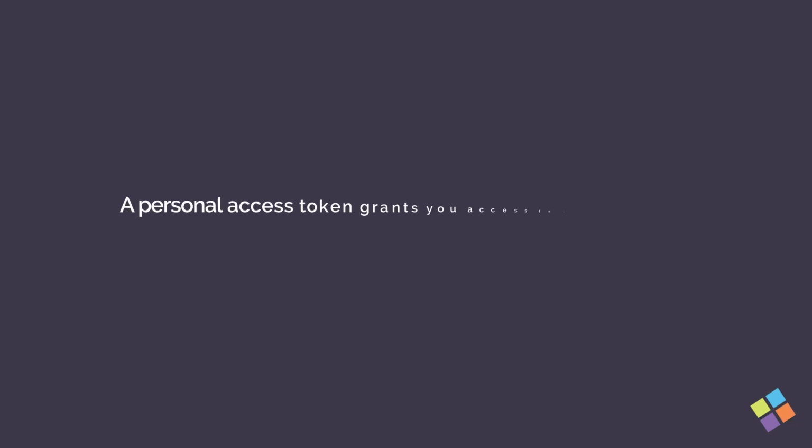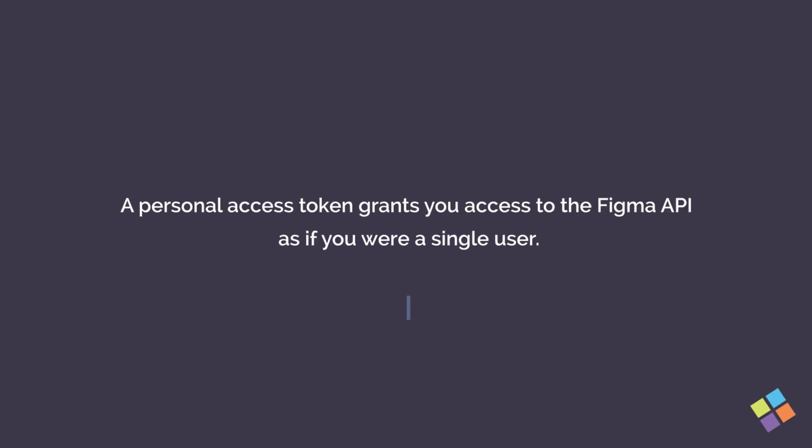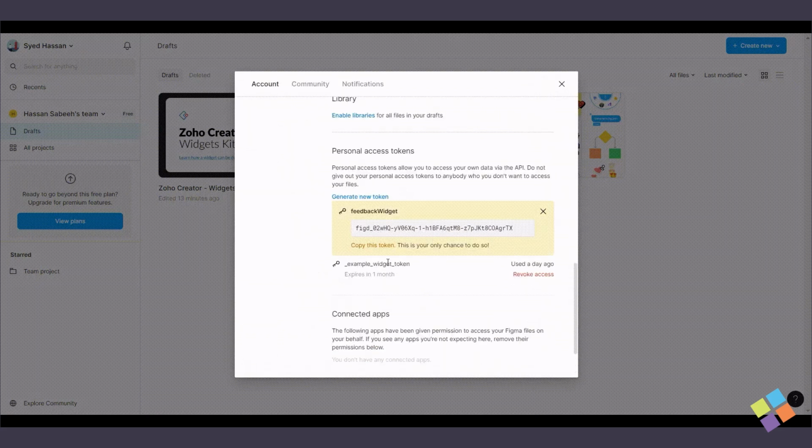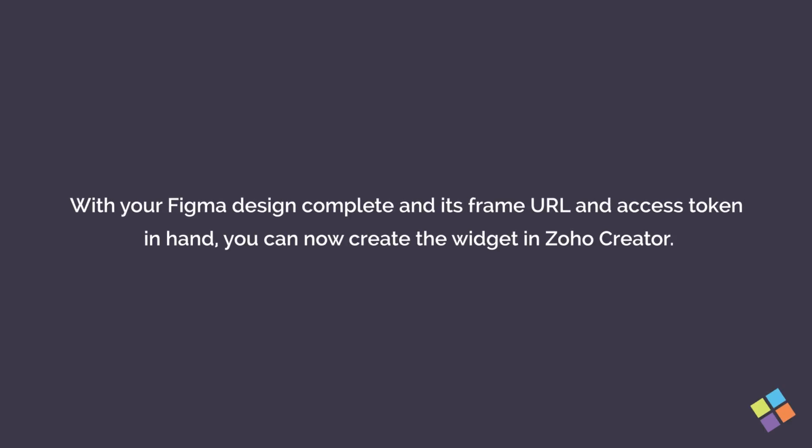A personal access token grants you access to the Figma API as if you were a single user. To create one, write a name for your access token, select an expiry date, configure its scope, and click Generate Token. Copy the access token, as you'll need it to import your widget designs from Figma to Zoho Creator. With your Figma design complete and its frame URL and access token in hand, you can now create the widget